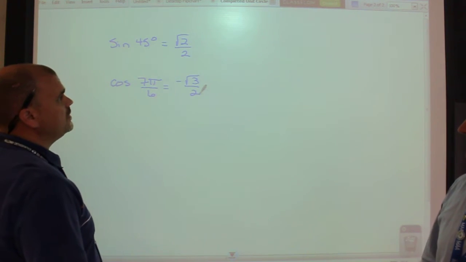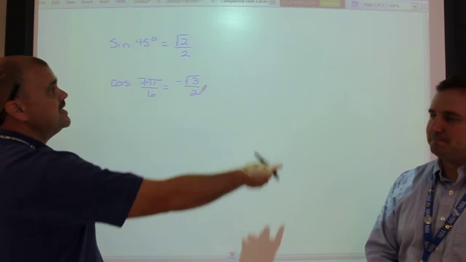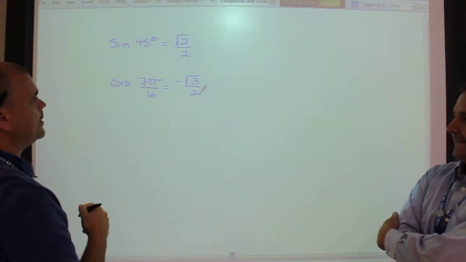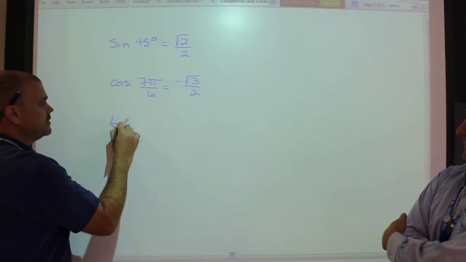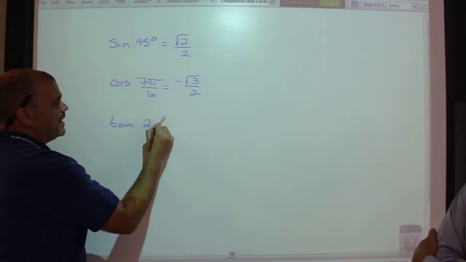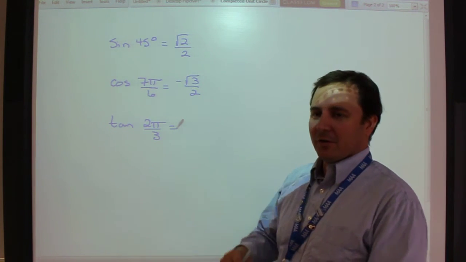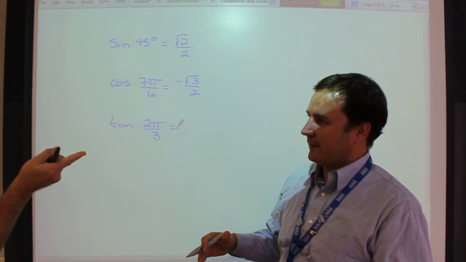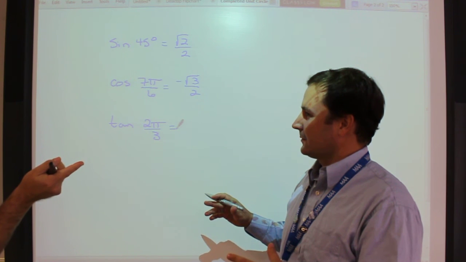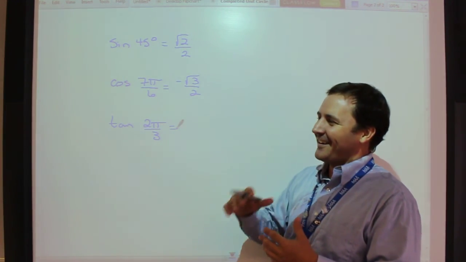All right. So now you start to see how sine and cosine work. It's either the x value for cosine or the y value for sine, depending on where we are on that unit circle. But Mr. Simmons, what if I asked you a question like tangent? What if I wanted the tangent of, let's start to use more radians, 2 pi over 3? Now, tangent is the y-coordinate over the x-coordinate. We've already learned that. Is it x over y or y over x? Y over x. Y coordinate over x. I was thinking sine over